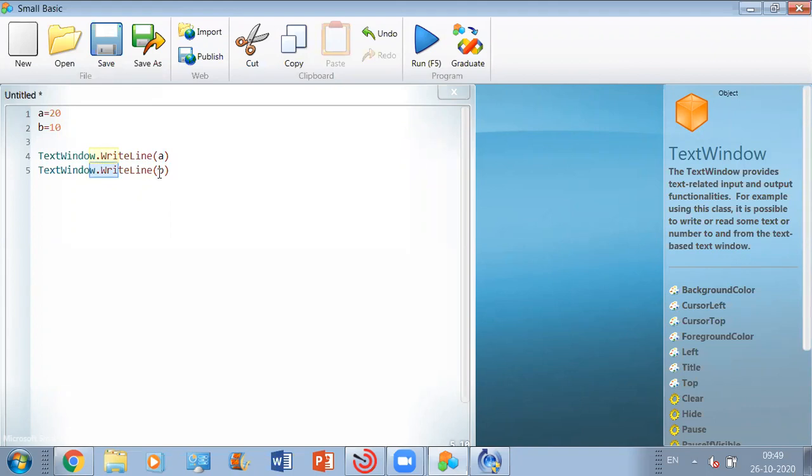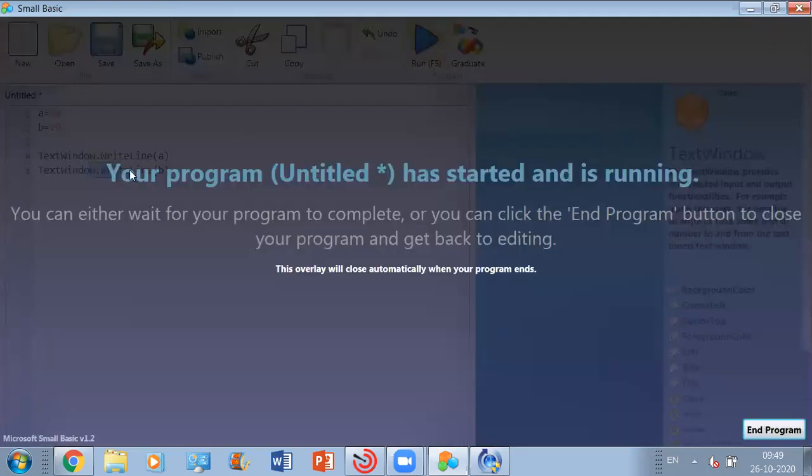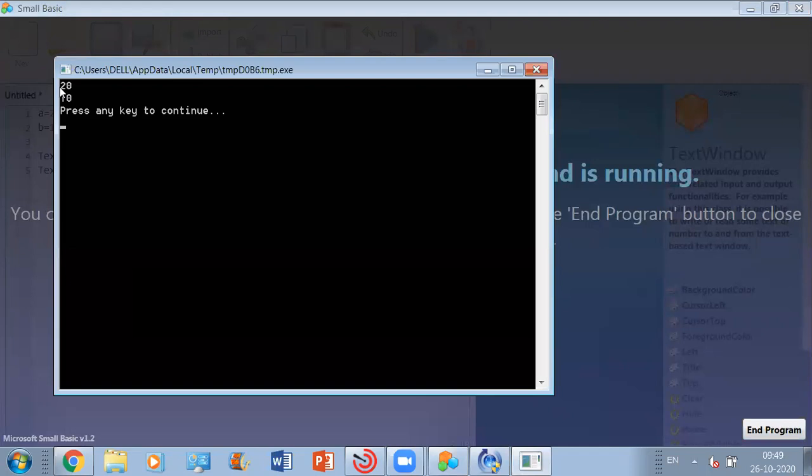Now let's check out how we are going to get the output. Are you able to see this 20 is in the first line and this 10 is in the second line? So this is the value of A and this is the value of B.